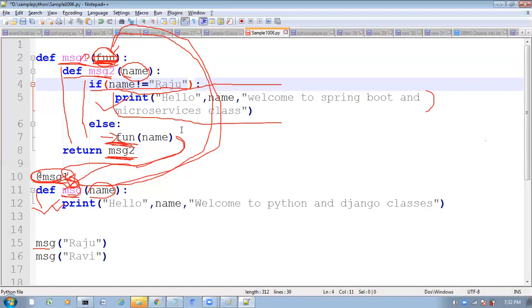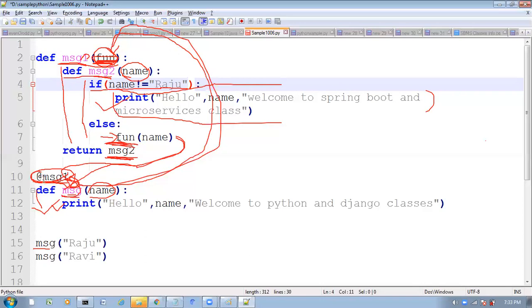Message_to B: if B not equal to Raju, print B; else function B. Here, what is this B? The argument B I took. Where are you passing this B?